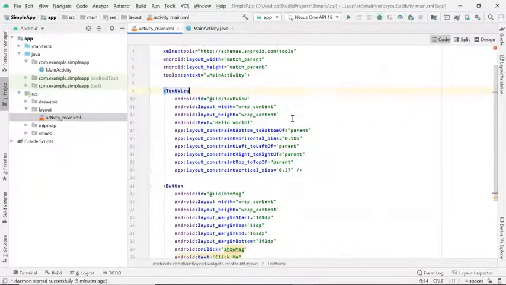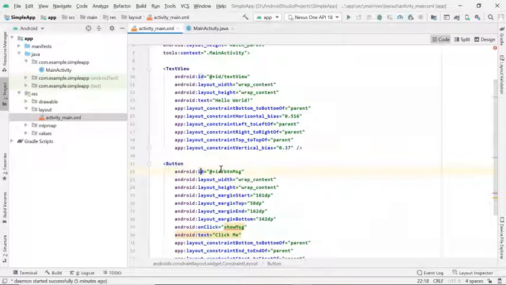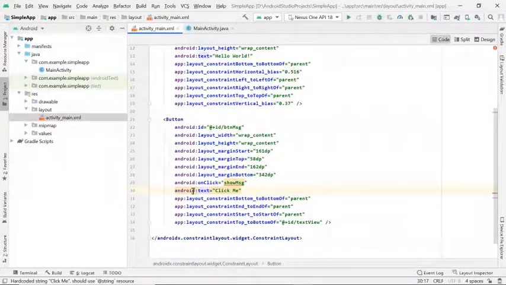Now there are two views in the layout panel. Here is the first one, which is the text view with the Hello World text and this ID, and the button is the second one with ID btn_msg. Then for the text, we had written click me, and this is the function that will get called when we click on that particular button.